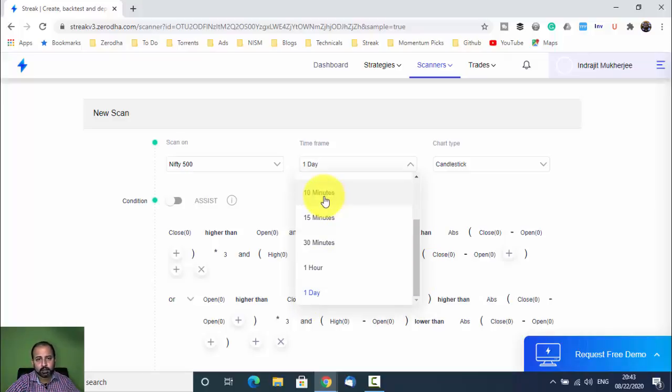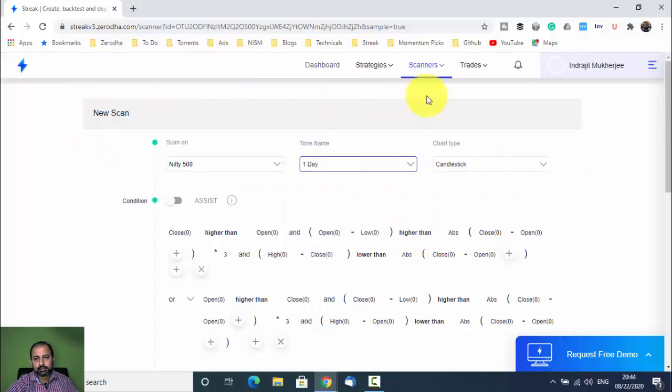So if you are an investor or a swing trader, you will be trying to scan on higher time frames. And you can even scan on higher time frames like 1 day if you are an intraday trader also. Because if you have got a very good candlestick pattern some days, the next day itself the stock can run. So even intraday traders can scan on the 1 day time frame. So you can scan from 1 minute to 1 day. So this is all about the candlestick pattern scanner on the Streak platform.